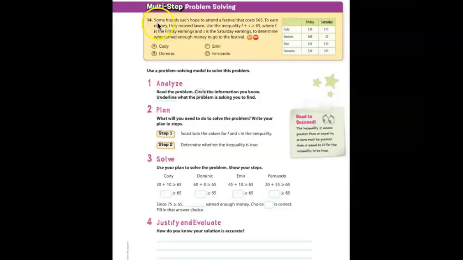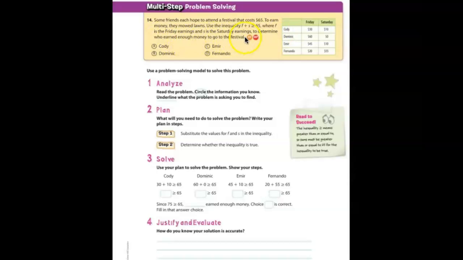Okay, so we're going to solve this problem. It's a multi-step problem. We're going to read it several times, but we're going to start first by reading it once and trying to think about what is happening in the story. Some friends each hope to attend a festival that costs $65. To earn money, they mowed lawns. Use the inequality F plus S is greater than or equal to